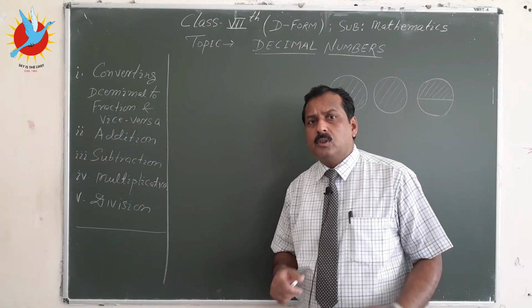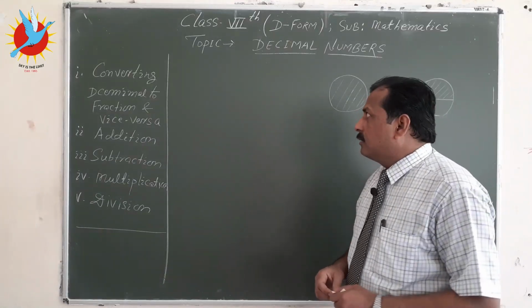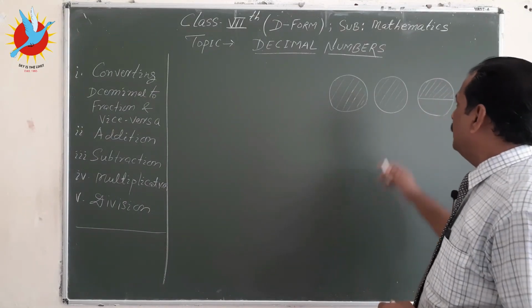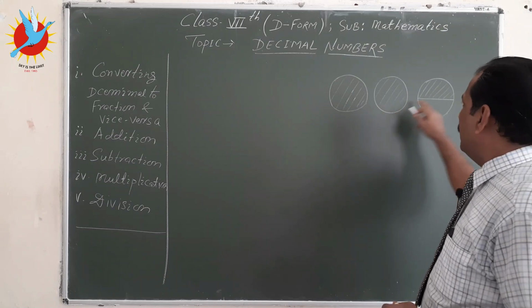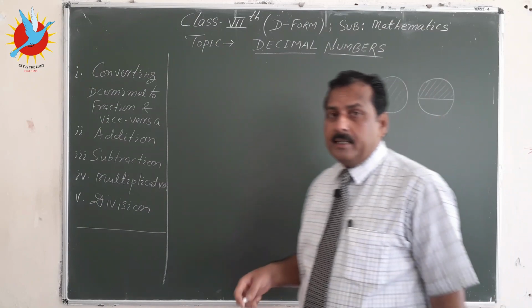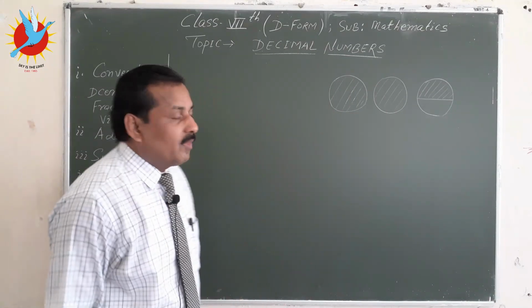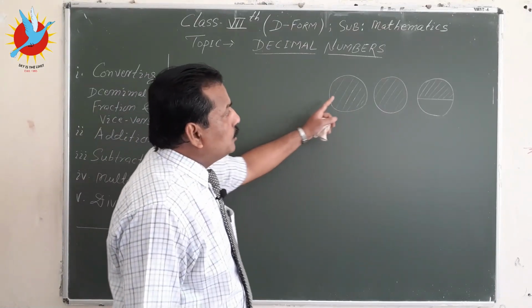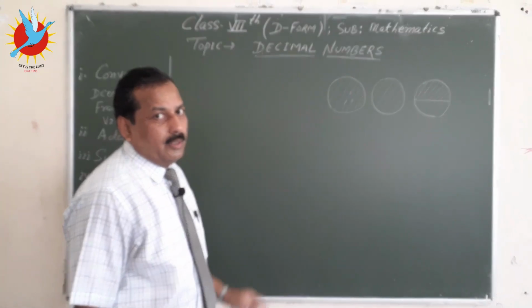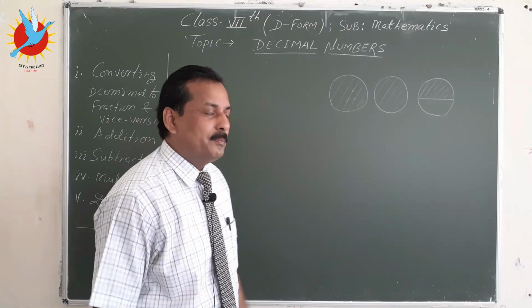So we are able to talk about numbers in different ways. In this case, suppose someone has eaten these two cakes and half of another cake. So how do we communicate, how do we talk? In English we say that the person has taken 2.5 cakes. So remember it, 2.5 cakes. Okay, fine.